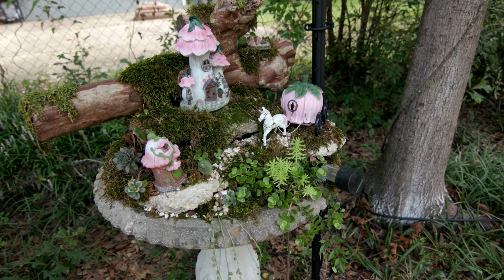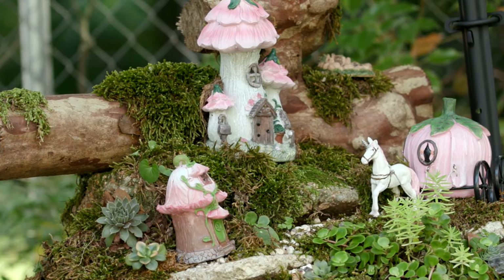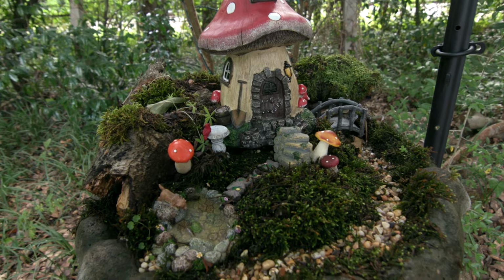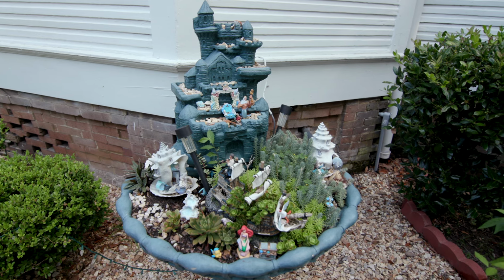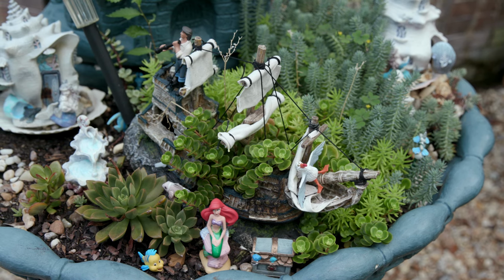There are many old bird baths in the gardens that have been transformed into magical fairy wonderlands. Each one has its own unique theme and decor. Moss, succulents, and many other small plants are used in the bird bath areas to help create the fairy wonderland